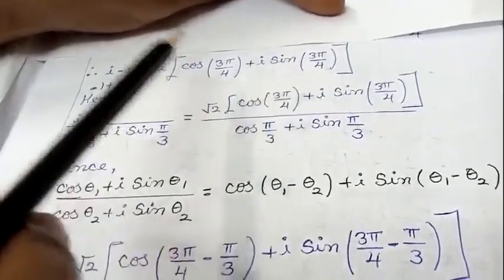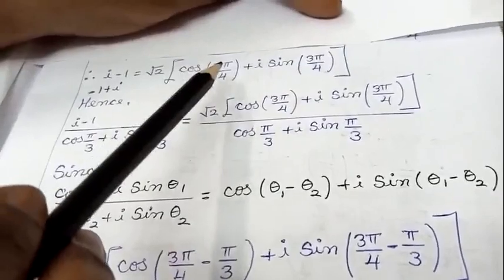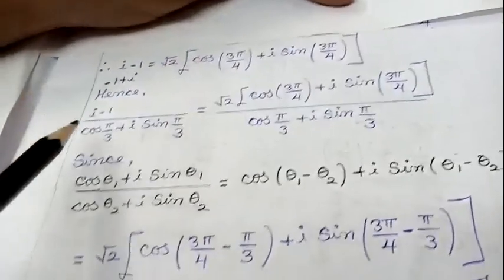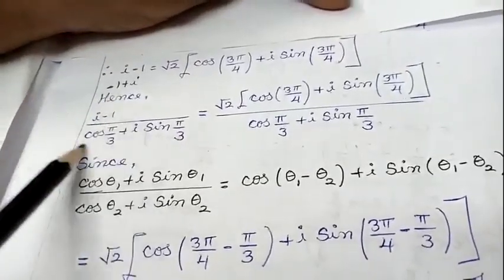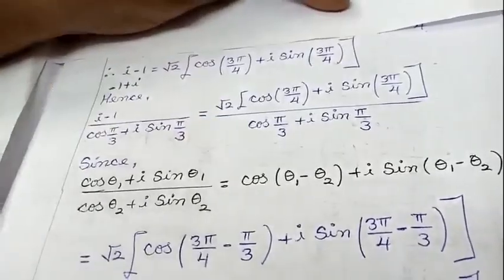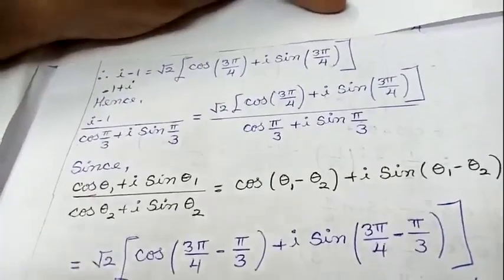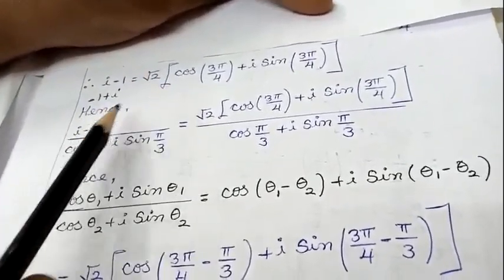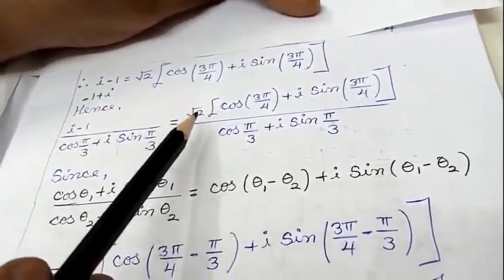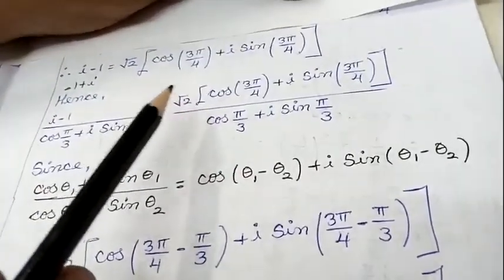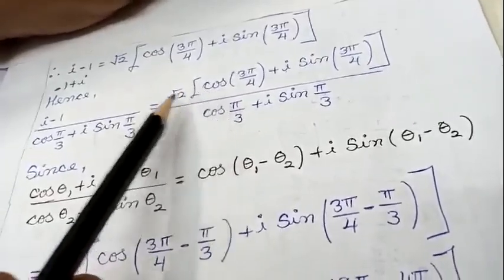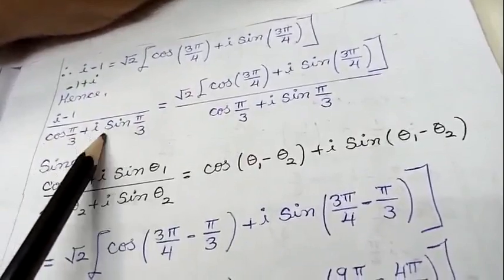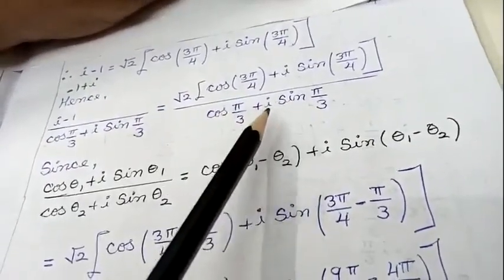Still I didn't add 2k pi. Since I didn't complete the sum now, I have simplified only the numerator part, students. The original question is this one. This is the original question given in your exercise 2.7, fourth one. I have done only the numerator part. Now I am replacing the numerator part in polar form. But actually we didn't complete, we didn't add 2k pi here. So see to that. I am writing the numerator part, and the denominator, what is the value? Cos pi by 3 plus i sin pi by 3 is given in your question.